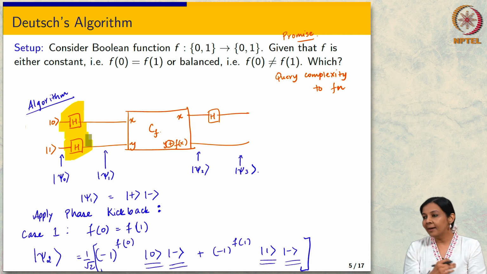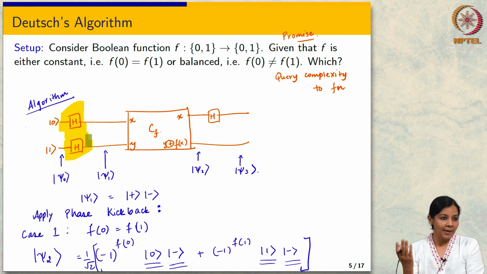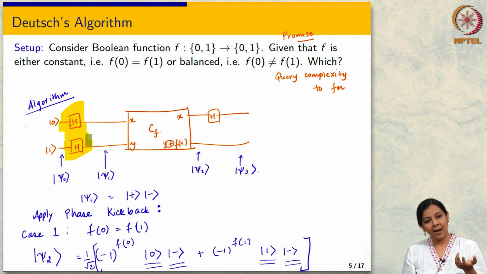Why is that? Can anyone tell me why I am saying the Hadamard is nothing but a rotate? Exactly. That was what I was looking for. So what he said is that it's a unitary operation, right. So any unitary operation is a rotation, right. So if you think of the matrix for the Hadamard transform, and in fact for any unitary matrix, this corresponds to a rotation, and this is actually, it turns out, the superpower of quantum computing.